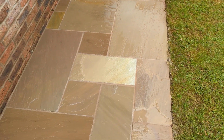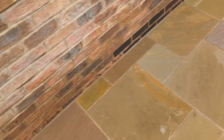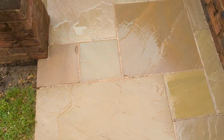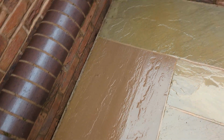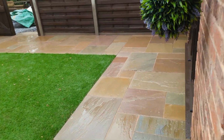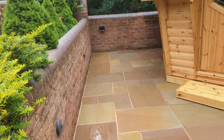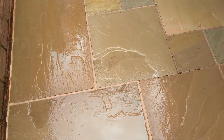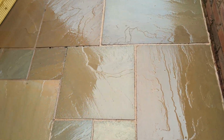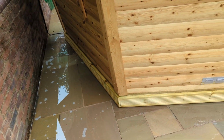Can you see this sort of cloudiness? Don't know if you can see that on camera, but just there and just there's a bit of cloudiness, so I'm going to hit that again with some hypo. There's some spots over here that remain. Don't know if you can see, there are a few spots, and then down here we're looking pretty good, to be fair. This bit that gets all the shade is very spotty. Can't really see when the light hits it, but yeah, lots of black spots over there. Drainage is a bit of a nightmare around here, but